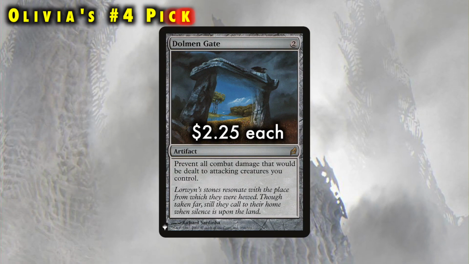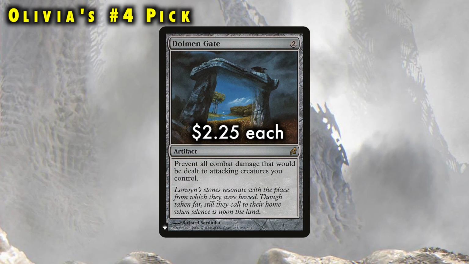It's like 50 cents or so. So my next card is a cheap artifact. It's not cheap money-wise, but it's cheap mana cost-wise. It's Dolman Gate. Dolman Gate is an artifact for 2 that prevents all combat damage that would be dealt to